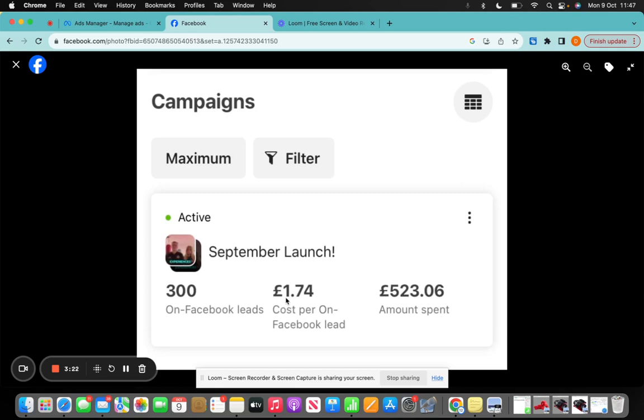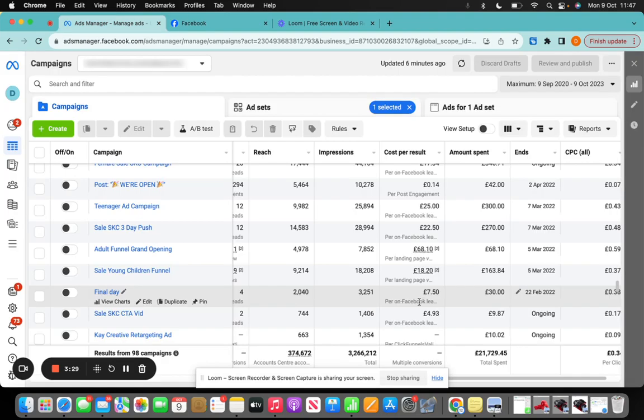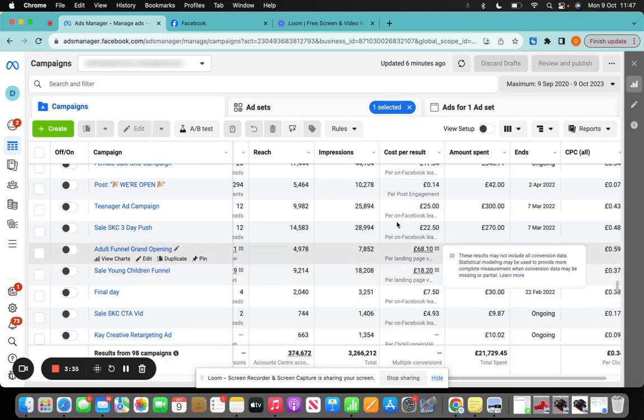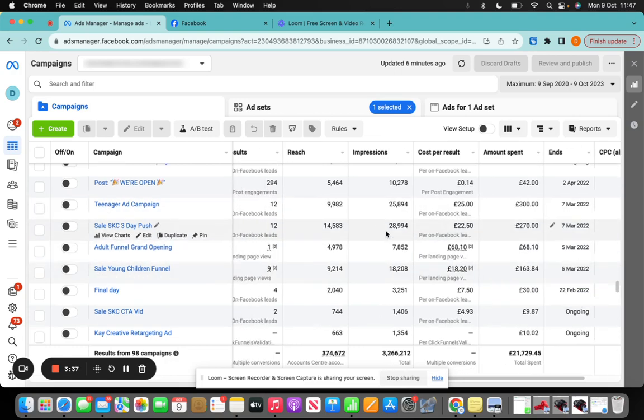Now, what I'm going to do is show you an ad account which is a little bit tougher, where we actually do make changes, and I'm going to explain why we make those changes. So let's go straight into that. Here's one of our clients where it's a little bit tougher, and we can't just hit a home run straight from the start. He actually started working with us recently. Their follow-up system, everything that they have in place, is absolutely incredible.